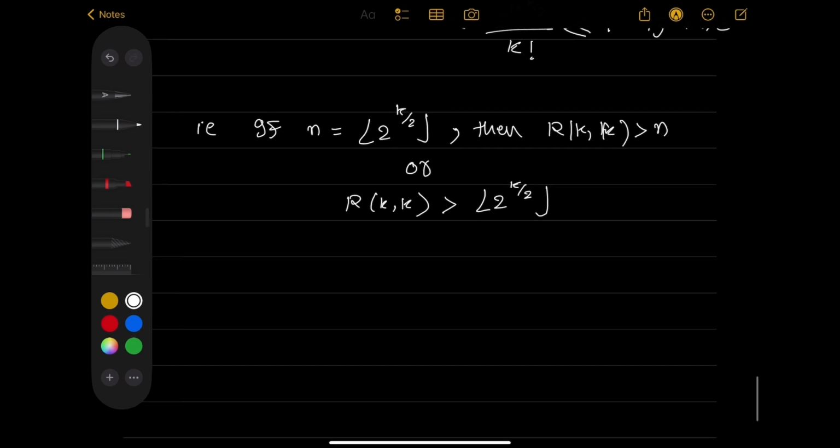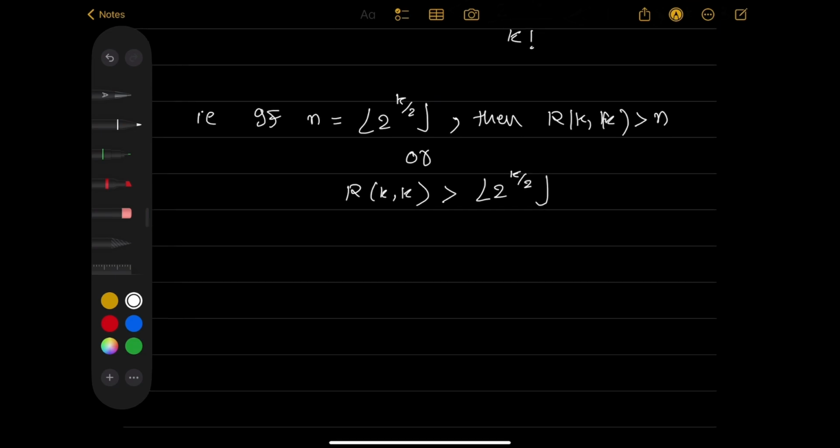So that simply means R(10,10), R(20,20) will be greater than floor of 2 to the power 10, so that will be 1024, right? So basically that means that in K1024,